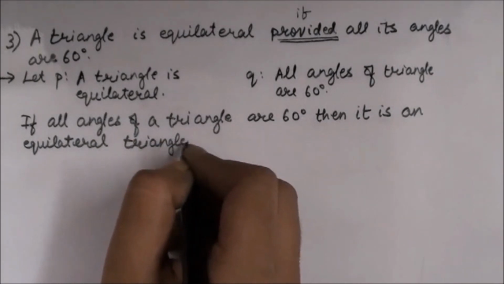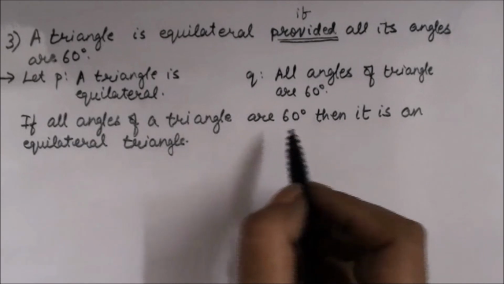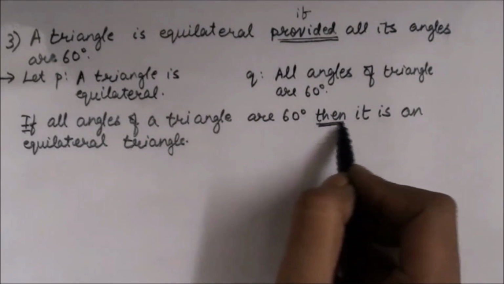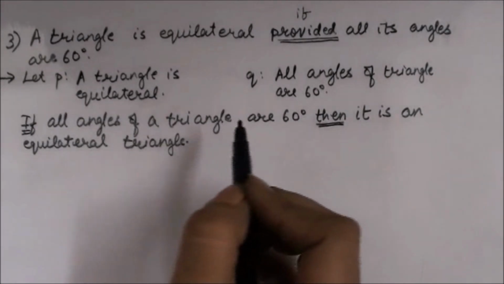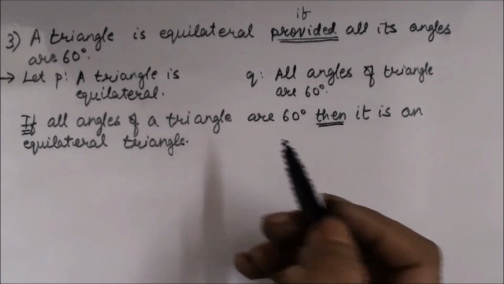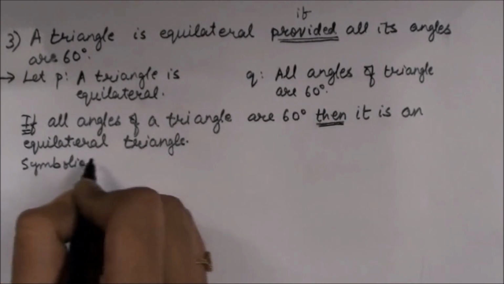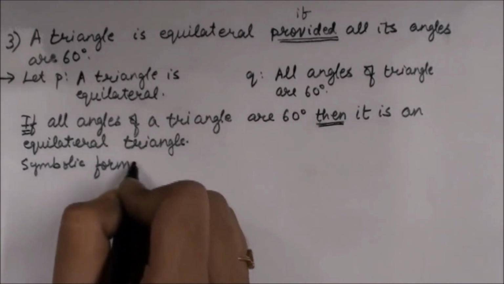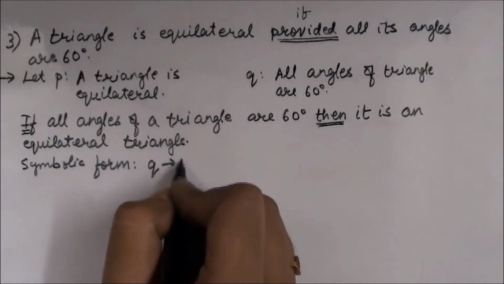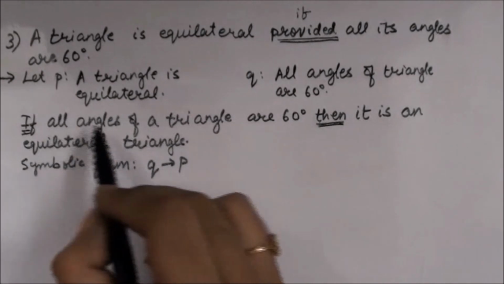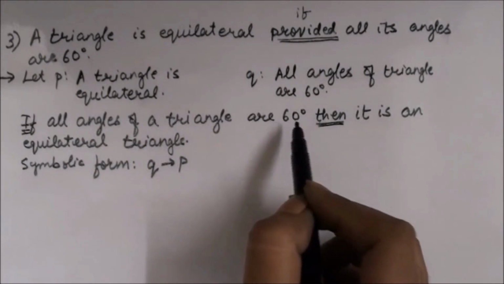This is your actual statement. So now this is a case of implication because two statements are combined using the phrase if then. So this is an implication. So therefore the symbolic form will be